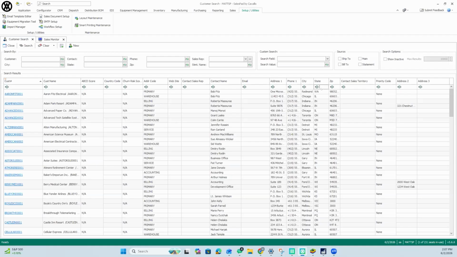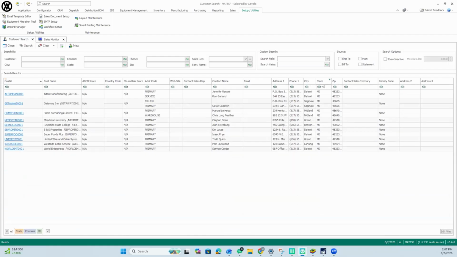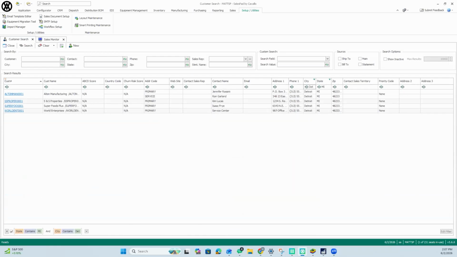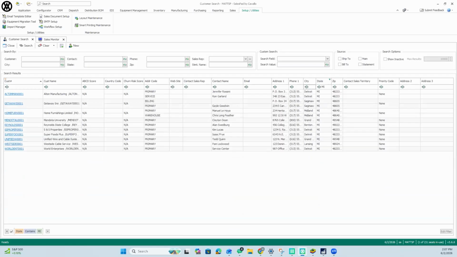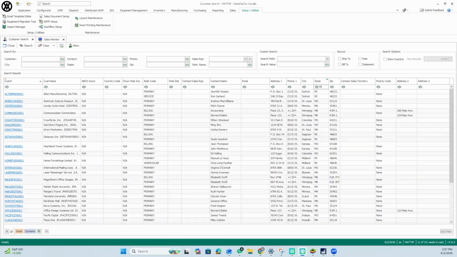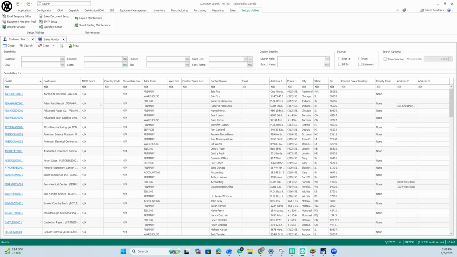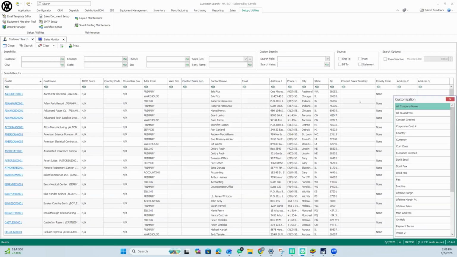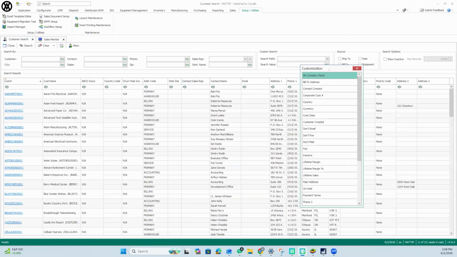So if I wanted to look at customers in Michigan, maybe strictly Detroit, I can quickly filter and layer those on top of each other to get down to a specific subset of customers. We can also right click on this and bring up a column chooser. This will give you access to additional customer fields related to that customer object, or you can have